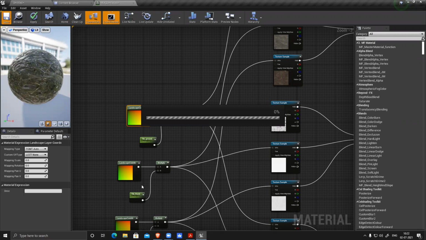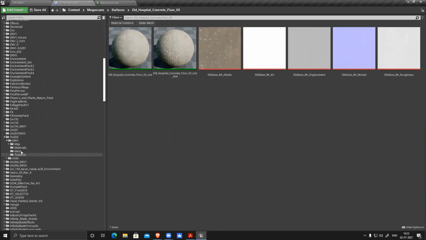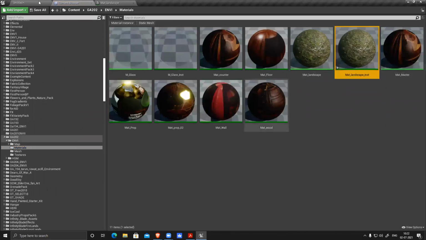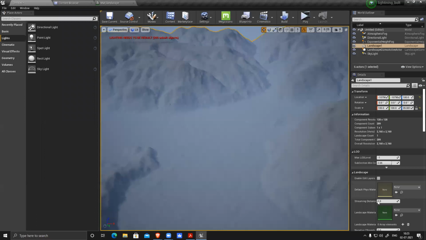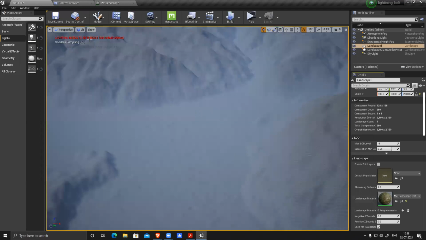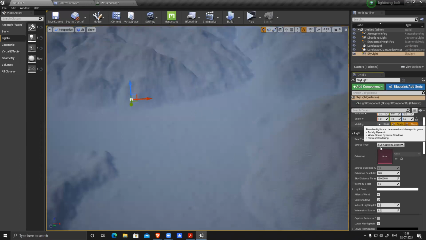So now we have all these parameters. Whenever you have parameters in your material, you have to create an instance and apply that. So I'll go back to my folder, material, this one, right click, create instance, and this one I have to apply here. Select the landscape. You can see landscape material. It says landscape material, so you have to create a landscape material for this. You cannot create anything else and apply it here. Apply. Let it compile, and by the time it's compiling I'll change the light setting and make everything movable, so I don't have to bake everything.